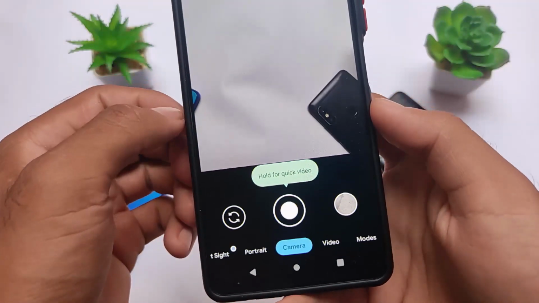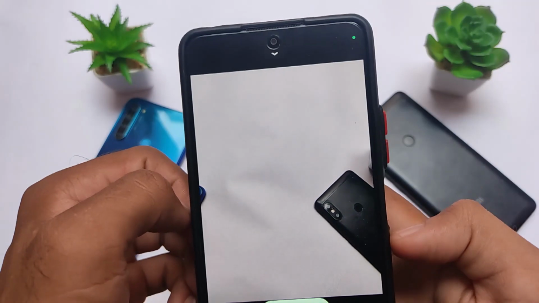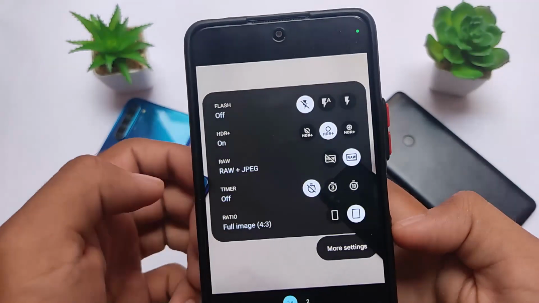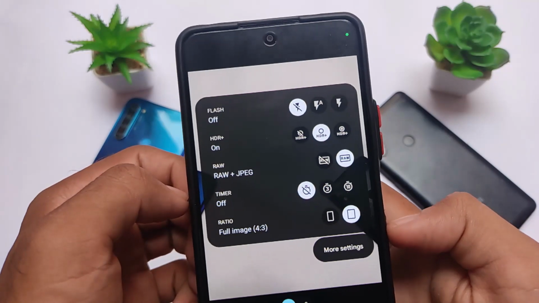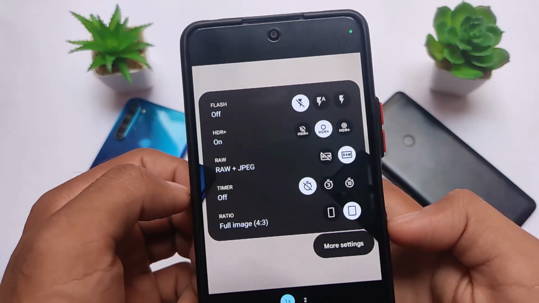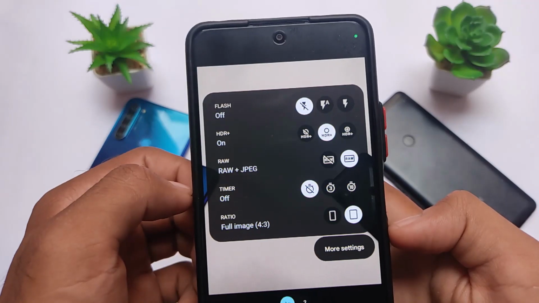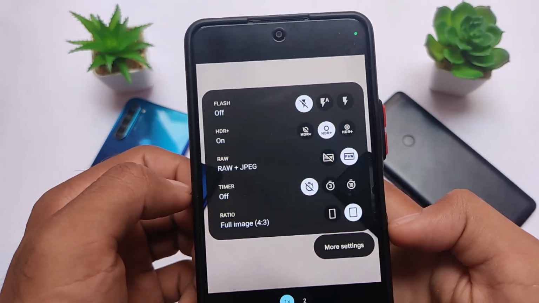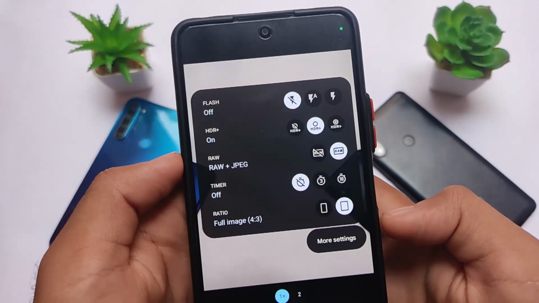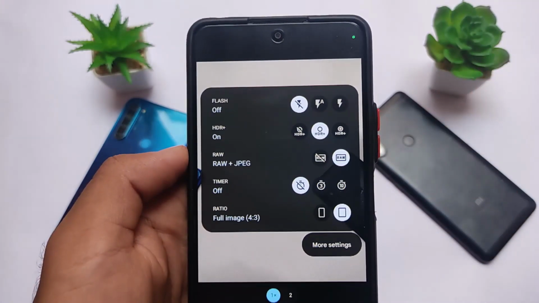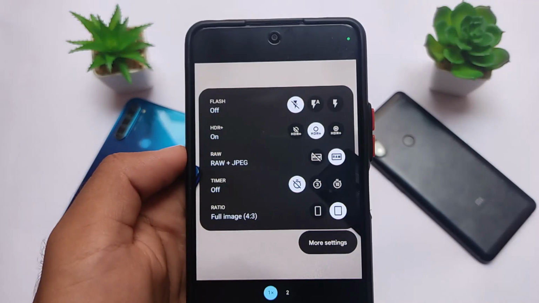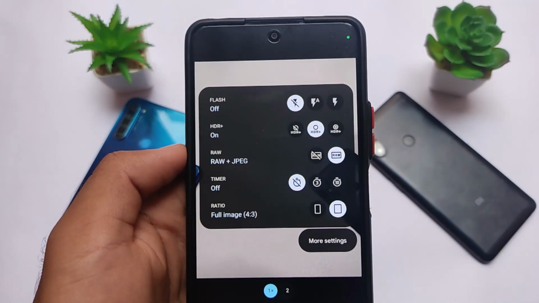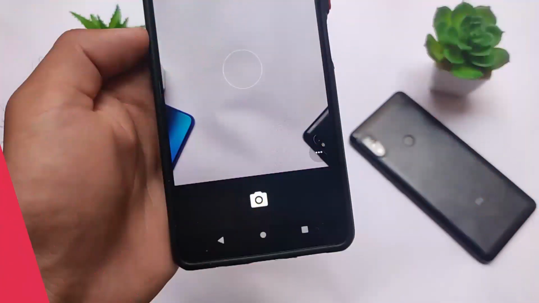Also, if you're looking for camera related things, you can see the indicator access dot is already present there, and the camera I'm using here is the Google Camera 8.3. I made a video yesterday on my Hindi channel on how you can download a proper compatible Google camera for your device. You can check out that app, and you can also check out that Gcam for your device. I tried using this Gcam, didn't get any kind of major bug. It's working perfectly fine, maybe more than expected.